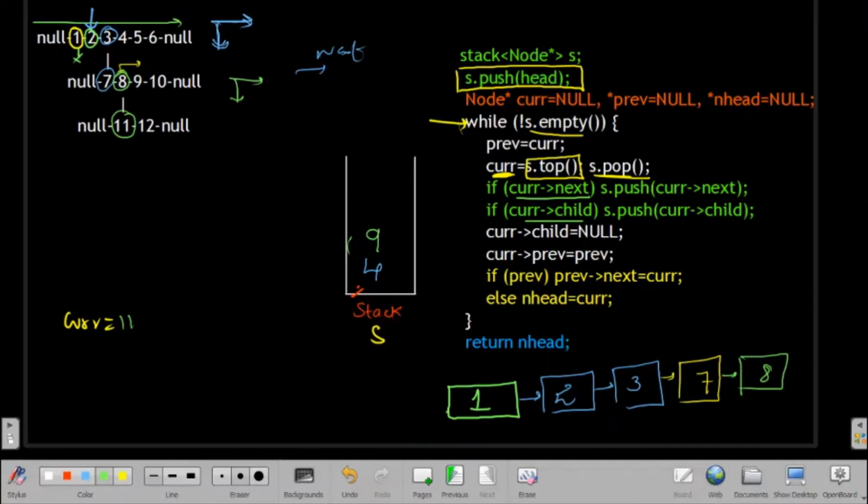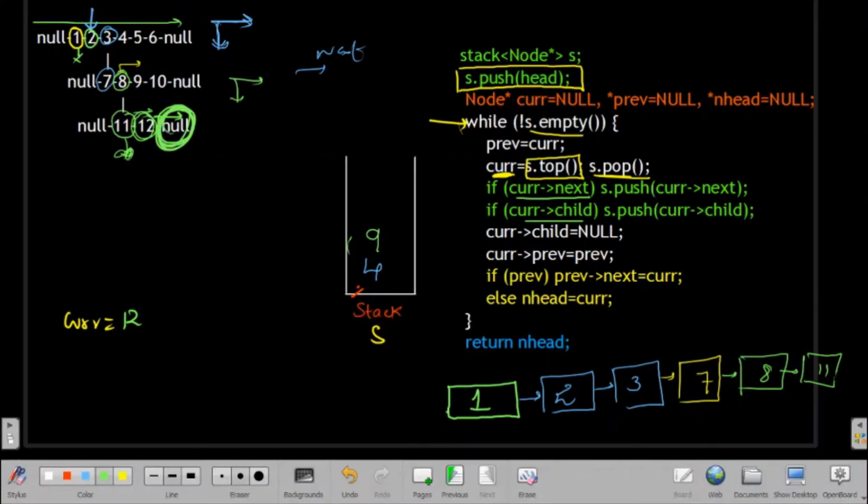From level again I will see if I have a next node and child node. So we don't have a child node here, we have only the next node. So we will insert 12 here, and we'll create one node and store level in this node. After that again I will remove 12, and I will see if I have any next node or not. I'll see that we don't have any next node.